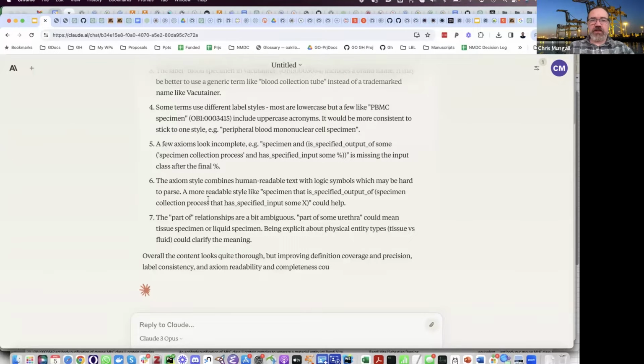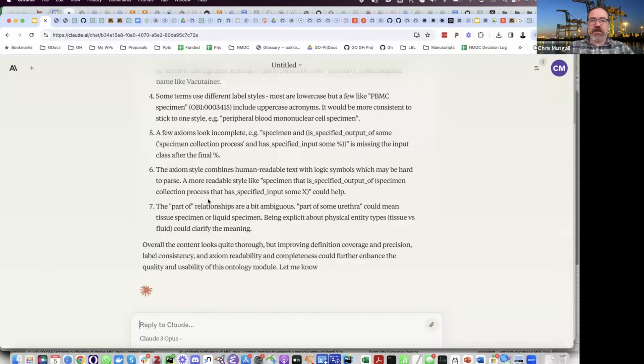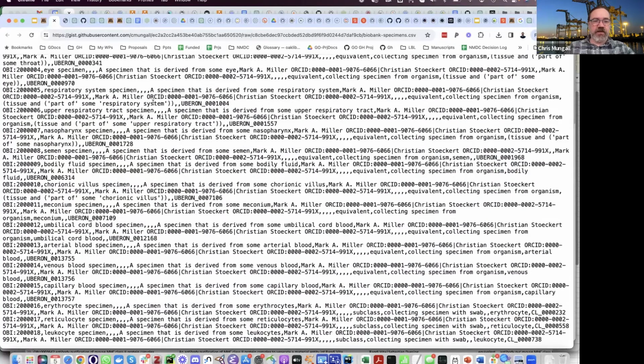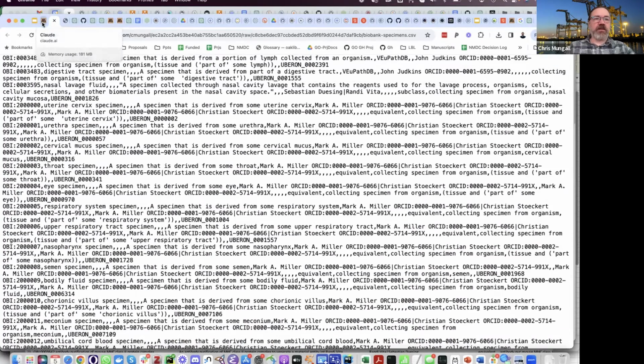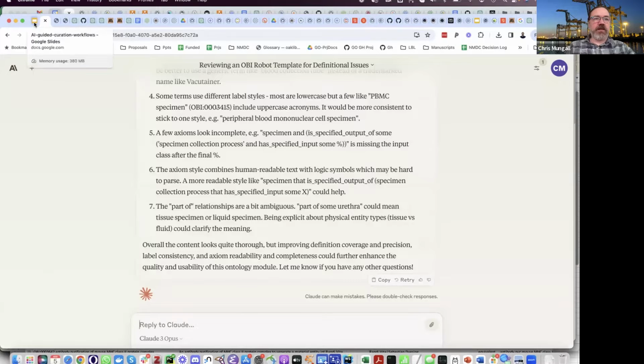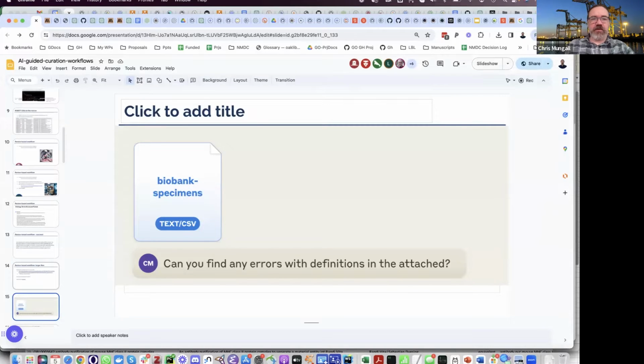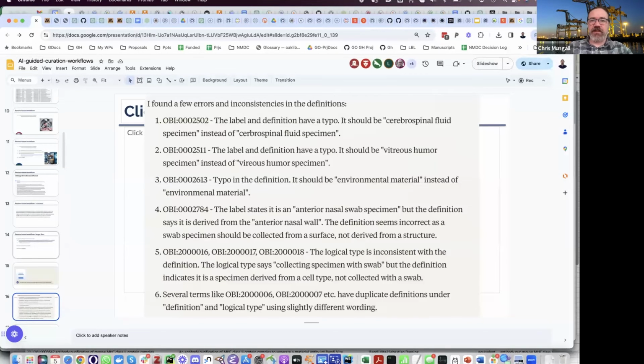All right, so it's given us, I would argue, maybe not particularly useful feedback on this one. I'm wondering if I actually pasted the right one in here. In any case, this is part of how this works: it will give us slightly different information each time. I ran this previously, and it actually, well, let's keep prompting it and say